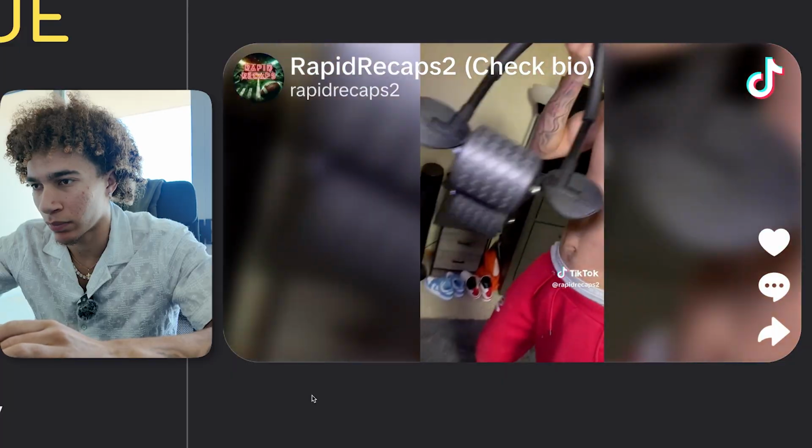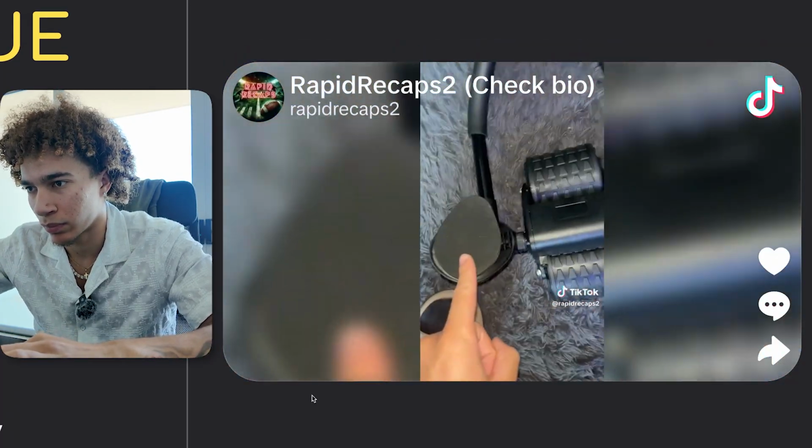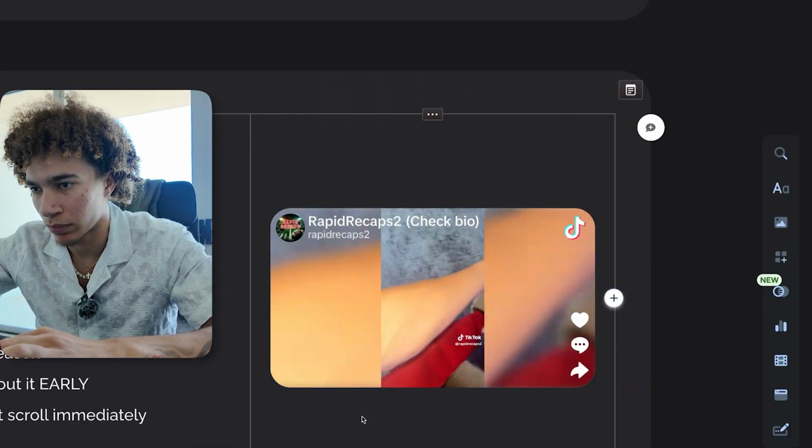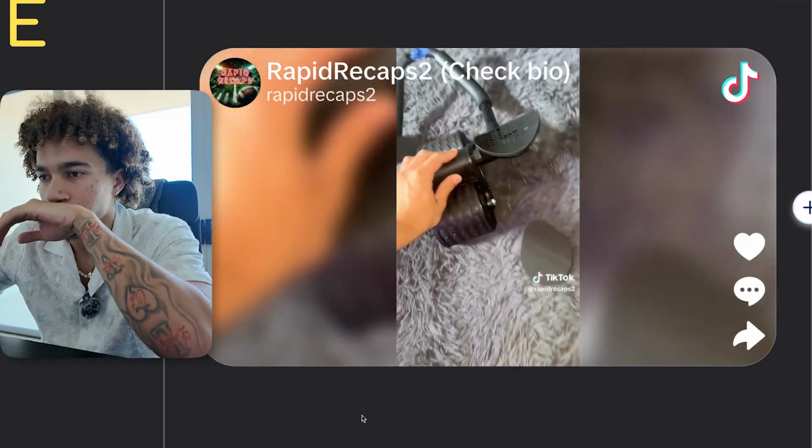But I actually love doing ab roll because ab rolling puts 3 times as much tension on your core than any other ab workout. You just need to make sure you have one with elbow support so it takes the tension off your arms and then puts it on your core. That's why I use this one right here specifically. And also this one's assisted so any skill level can use it.